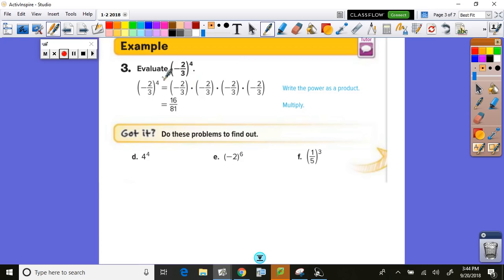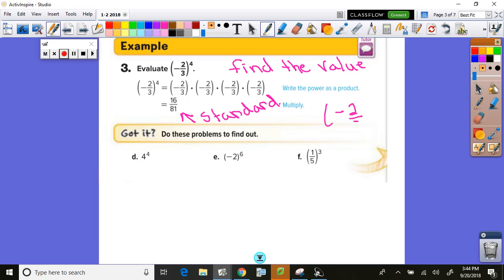Now we're going to evaluate. Evaluate means find the value. So we're going to put them in standard form. Now on our calculator, to do this problem, what you would do is parentheses, -2 thirds, close parentheses. And then you should have a button that looks like this. It's called the caret, and then 4. Enter, and it should give you the answer. So please do these,